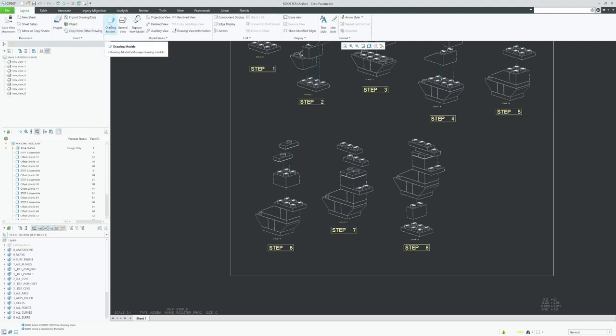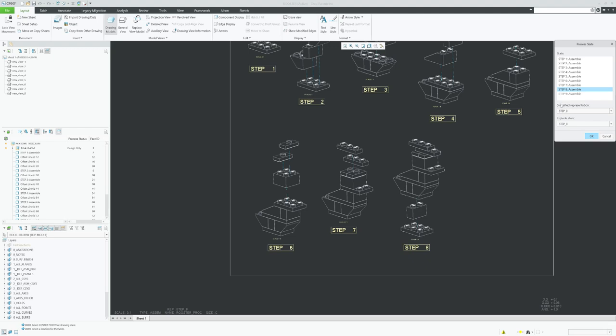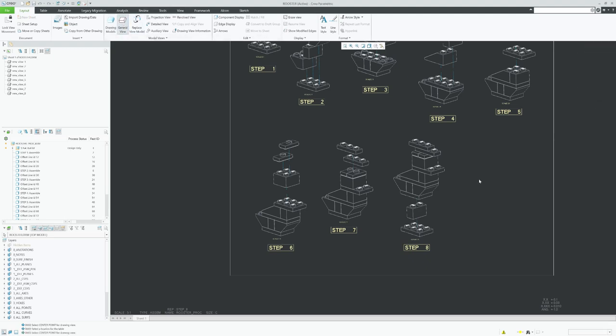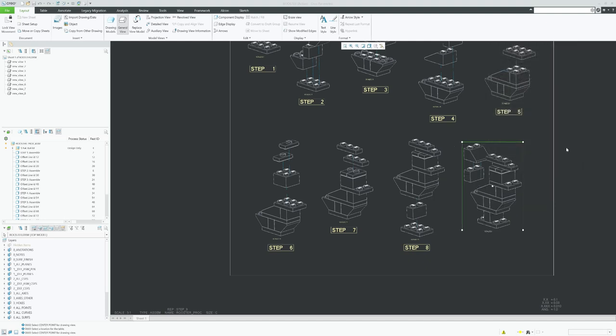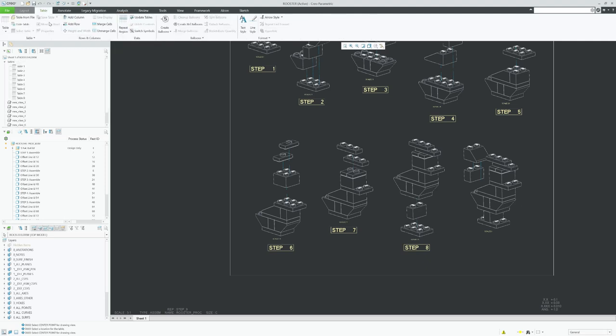So layout, set state, step 9, okay, done, general view, 2, and table